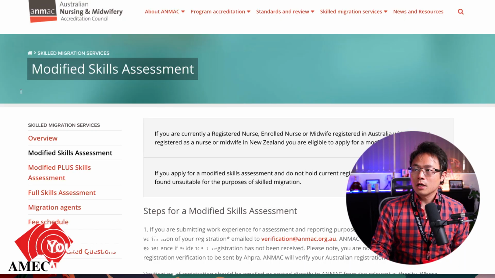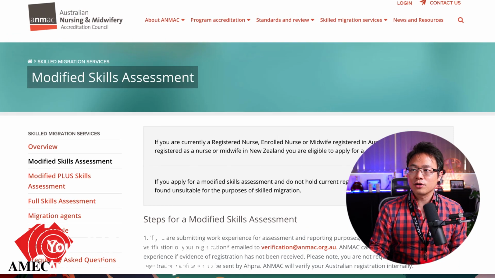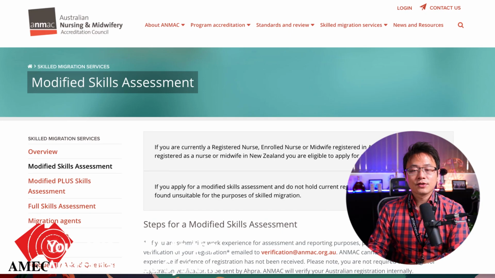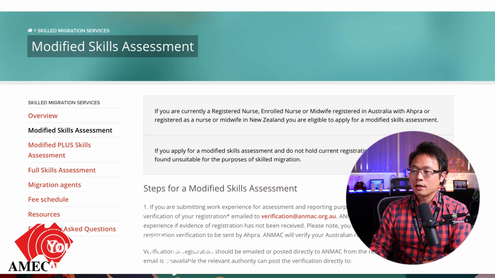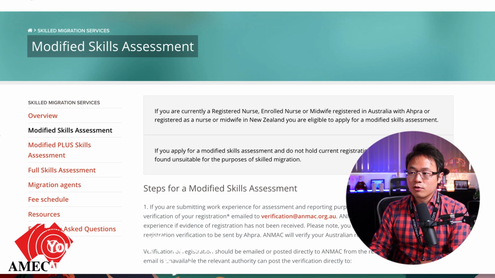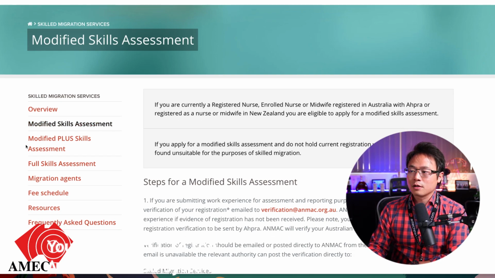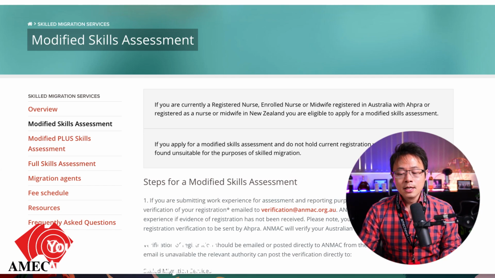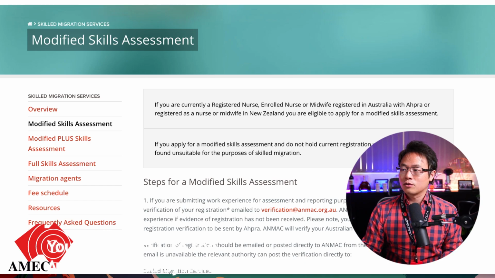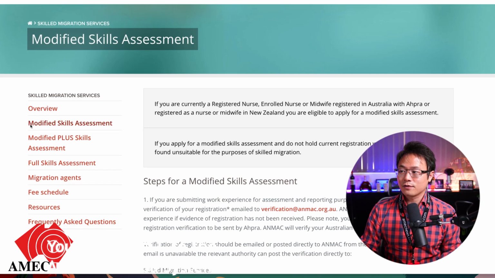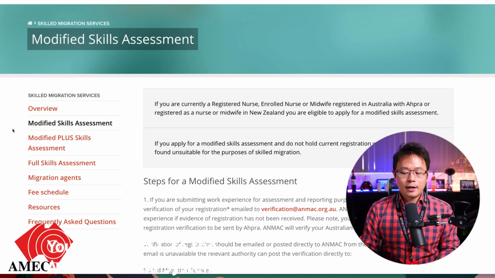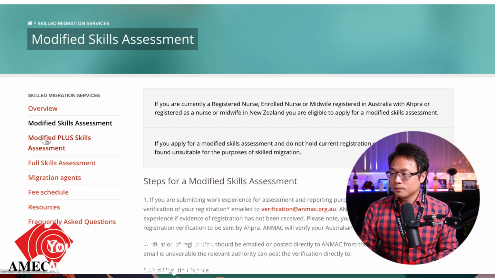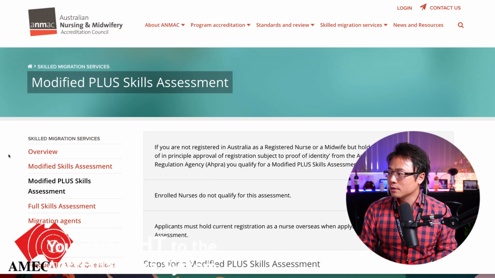Now jumping to the next is ANMAC, the Australian Nursing and Midwifery Accreditation Council. They basically assess all the nurses, that's including registered nurses. Now you may see here modified skill assessment, modified plus, and full skill assessment. Now what's the difference between them? So if you have studied and accomplished your nursing courses in Australia, you'll be assessed through the modified skill assessment, whereby it's modified because it's less assessment required. Modified plus, I think that's for, let's just click in there, I think that's for New Zealand,